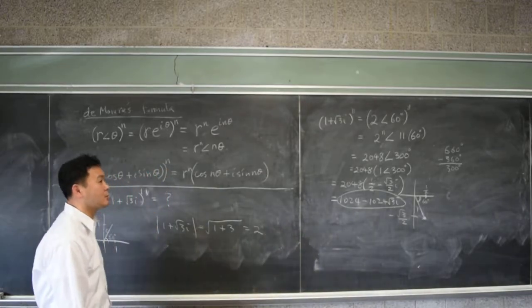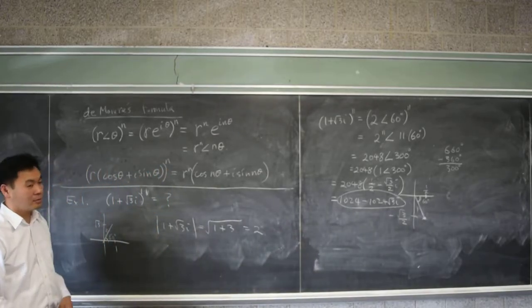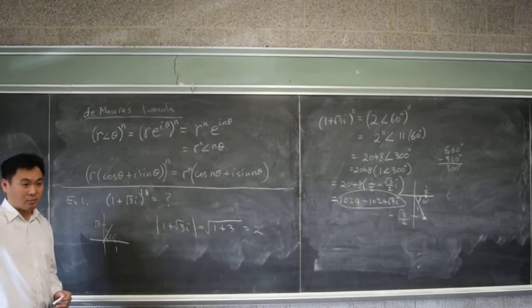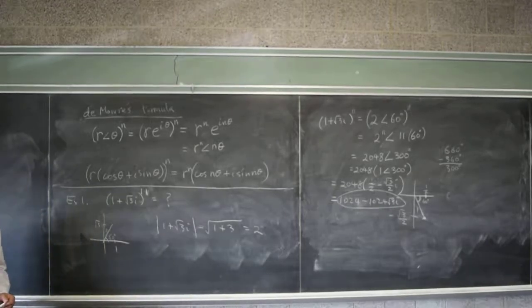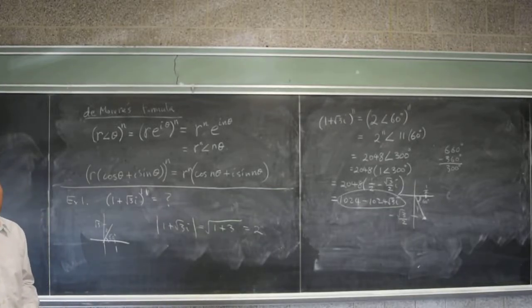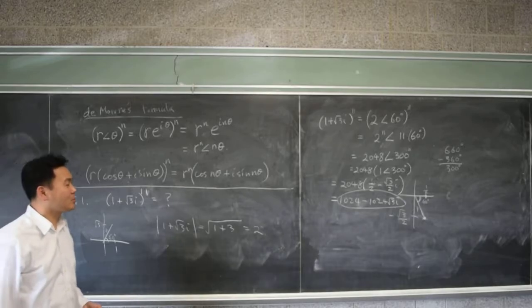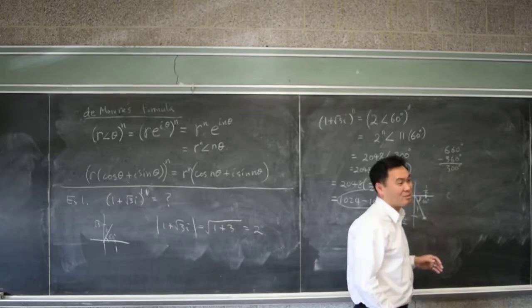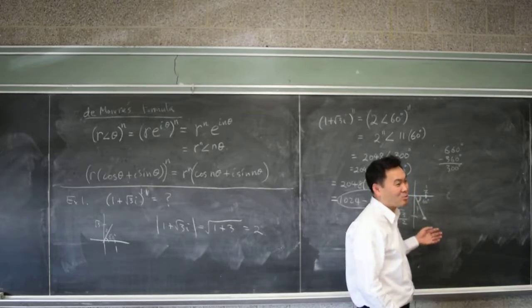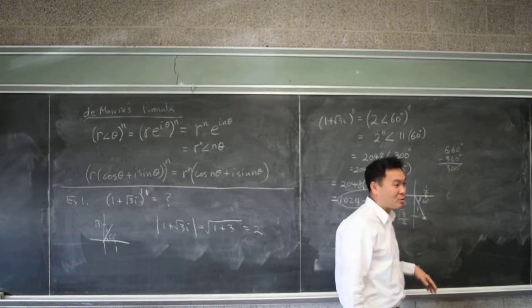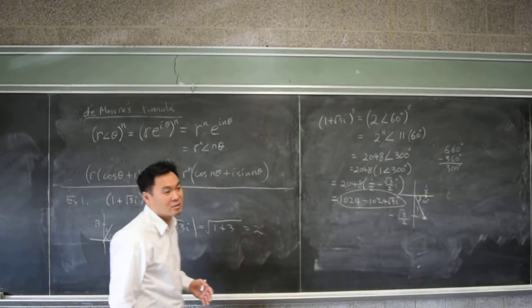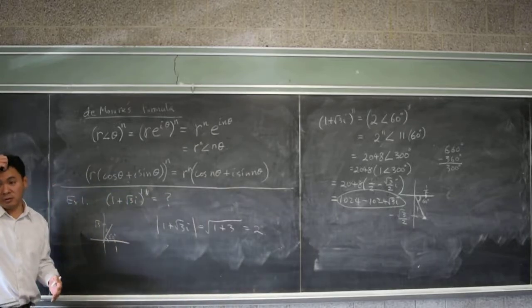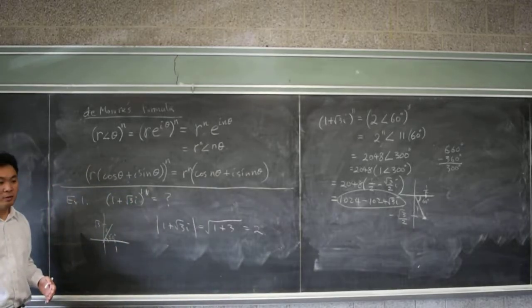Okay. Do you have any questions? Yes. So if the angle is above 360, you have to try to get it in the plane. I mean, if somehow you can just look at 660 and immediately know what angle that is, you don't have to, but I can't do that. Usually you want to convert it to an angle that's between 0 and 360. So yeah, the angle has to be between 0 and 360. So let's